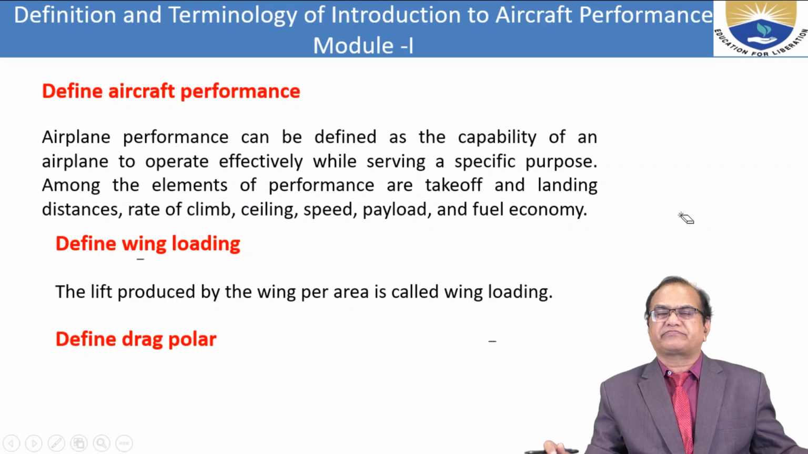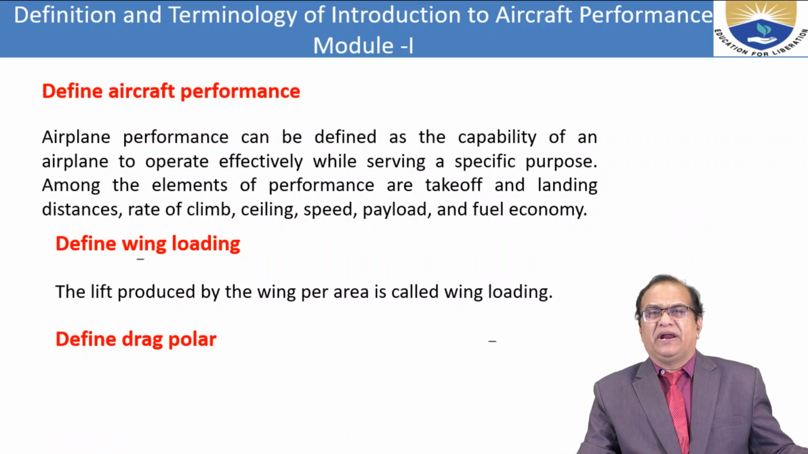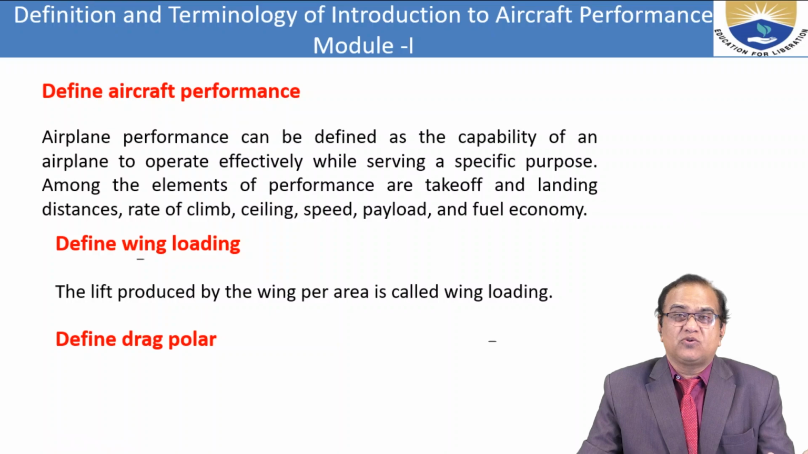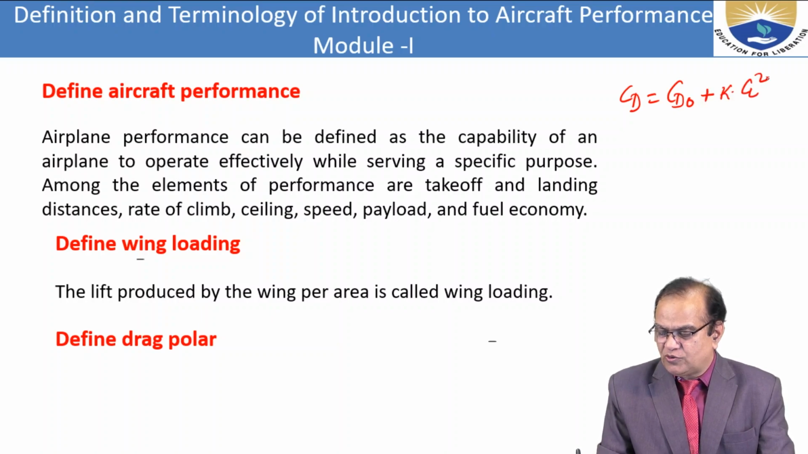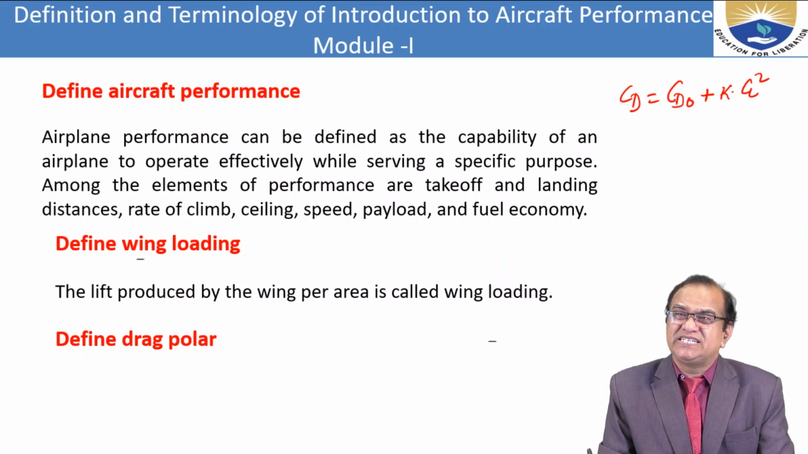Now we will discuss drag polar. Drag is a force which opposes the motion of the aircraft, and drag polar is the relation between the total drag and the different types of drag. CD is the total drag coefficient, CD naught is the parasitic drag, and then K CL square. Here CL is the lift coefficient and CD naught is the zero-lift drag coefficient, and K is a parameter defined as 1 by pi